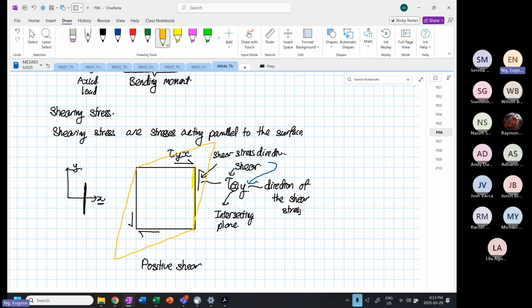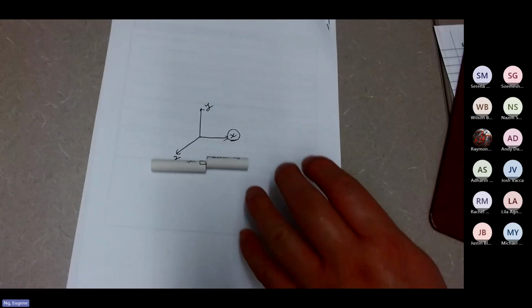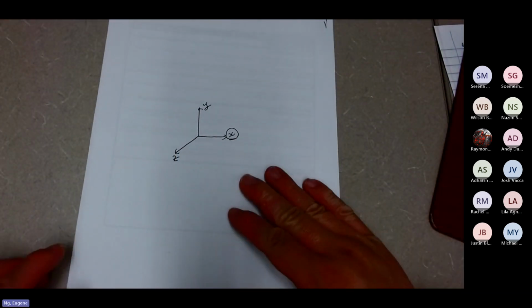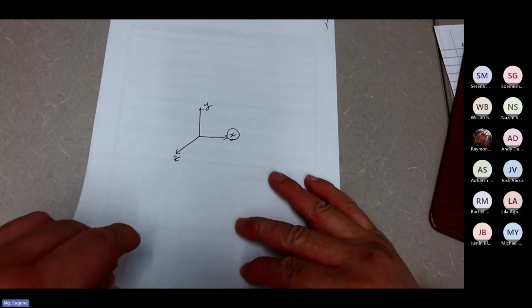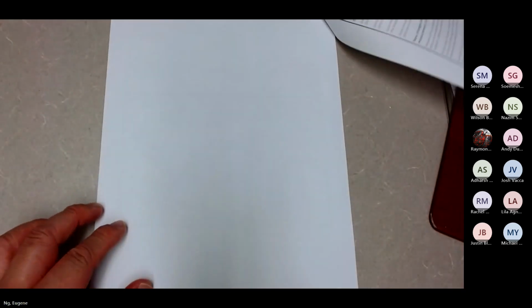Why, in positive shear, does the deformation look like this? So now I'm going to turn on my camera again, so you can see my paper again. And I'm going to